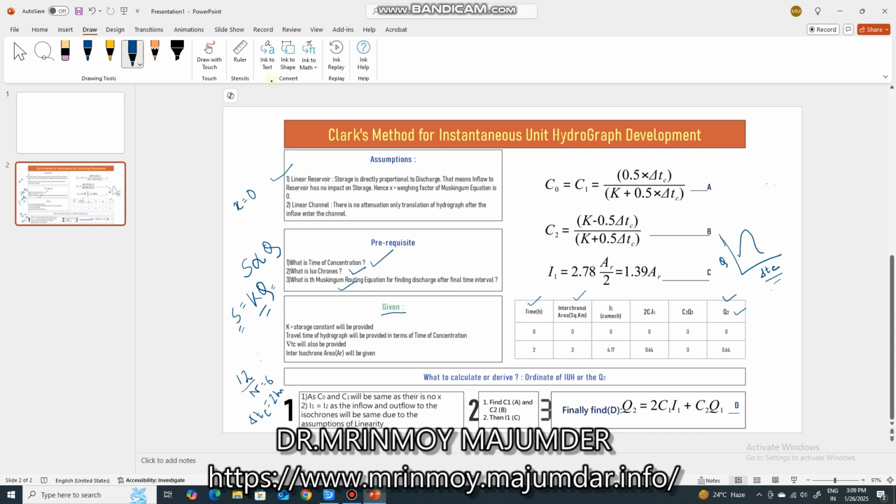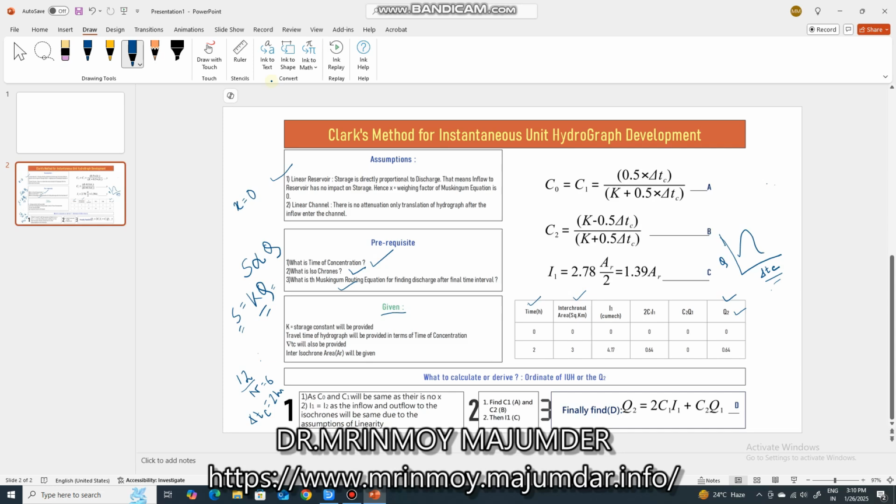So you have to divide the full time of concentration, or the maximum time of concentration that a water droplet takes to reach the outlet from the furthest point of the watershed. That needs to be divided either the way the problem shows it. Here the problem has shown that you divide the maximum time taken by your water droplet to reach the outlet from the furthest point of the watershed into 6